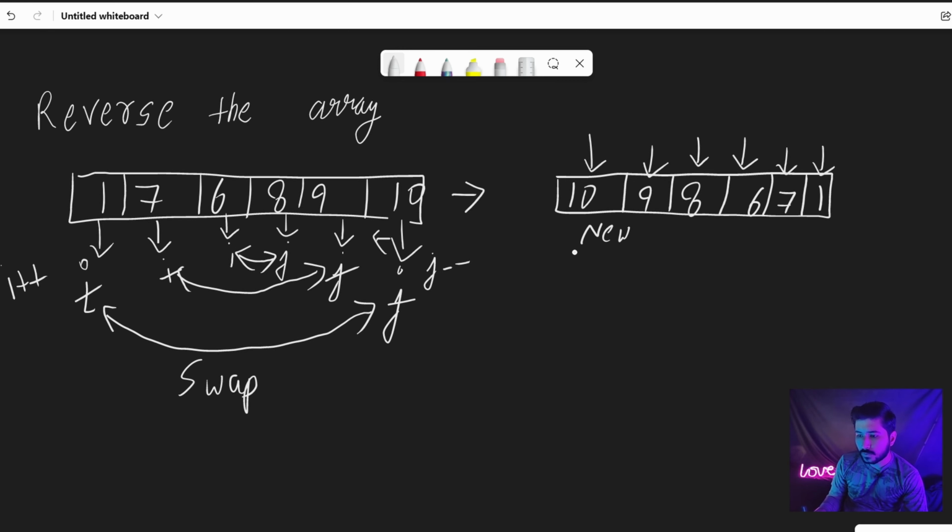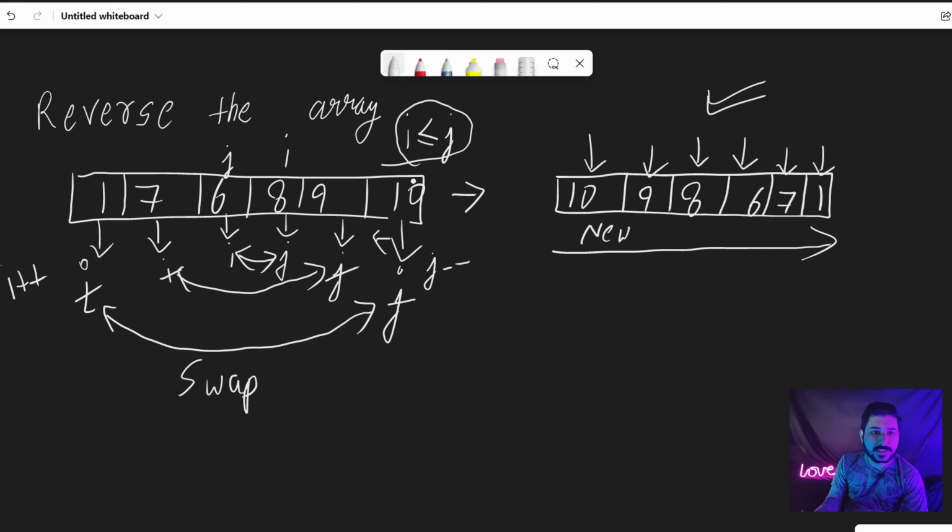So we have the array that we wanted. But the next question is: j will come here and i will come here. Do we need to swap? As we already have this array, the condition is we only swap while i is less than or equal to j. When this condition is crossed, we are not going to swap.